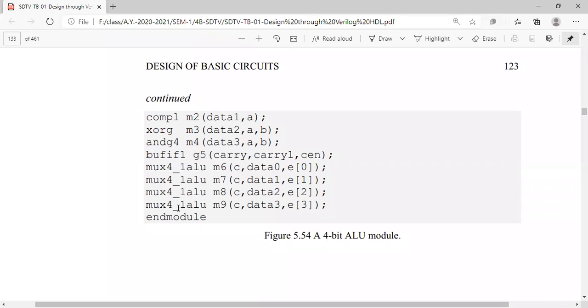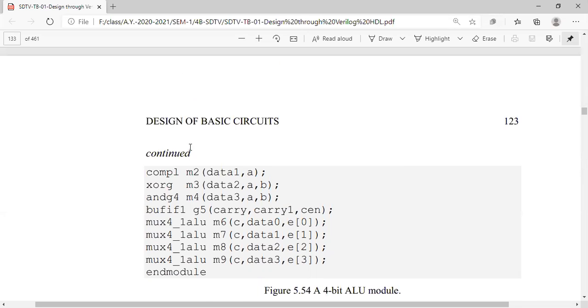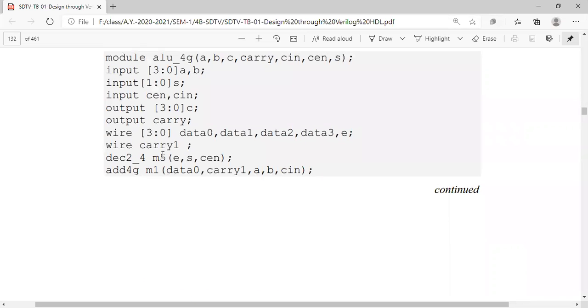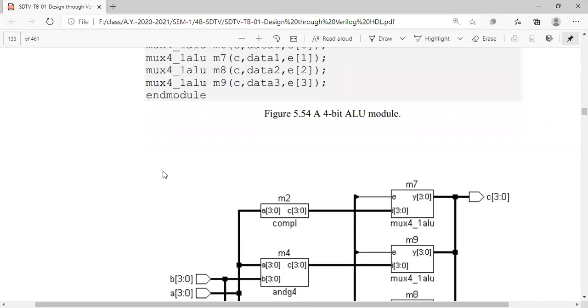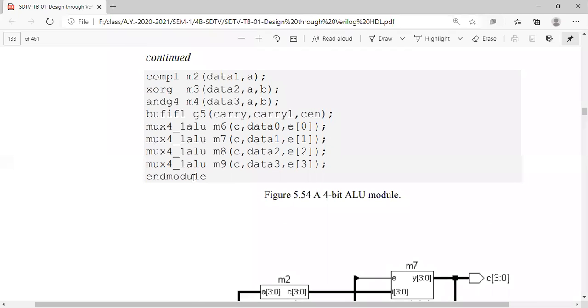Next, we are using MUX for the logic ALU. Why are we writing M1, M2, M3? These are temporary names, but we are writing them as modules. M just indicates it's a module, and we are calling those modules, right? Now E of 0: E is also of 4 bits, right?